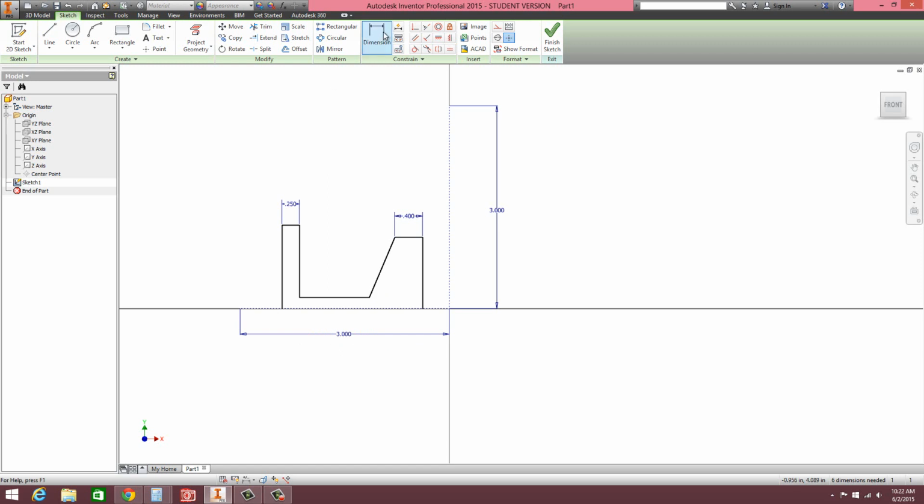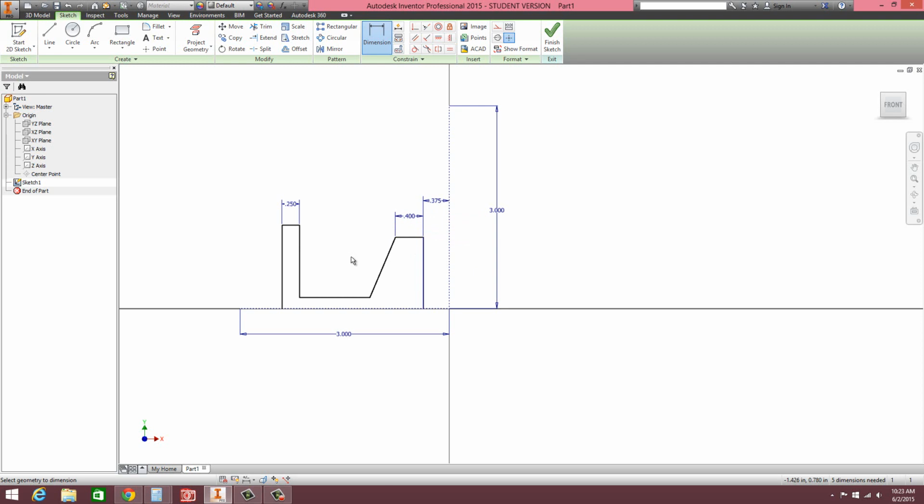Let's go ahead and add some dimensions here. Go to the dimension tool, select this line on the far right. We're going to work our way from the inside of the wheel out. So click, select the horizontal center line, and just in here, click to drop it, and we'll make that 0.375. Okay, the next dimension we're going to add